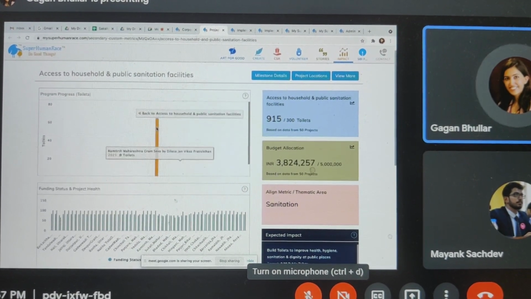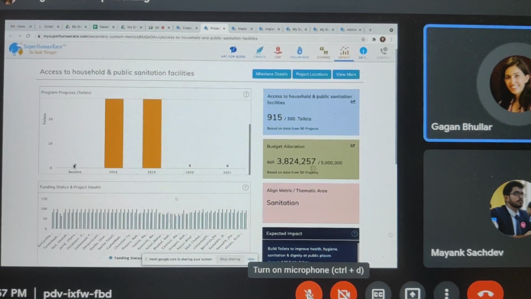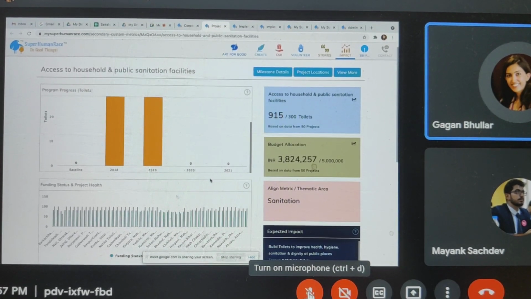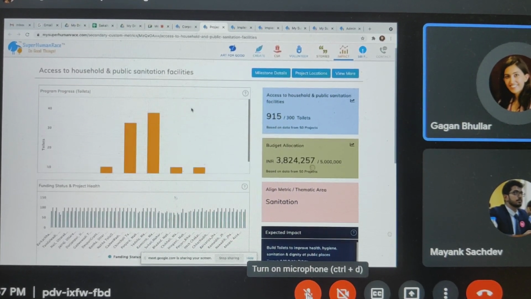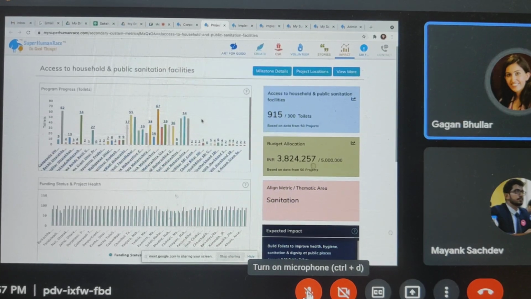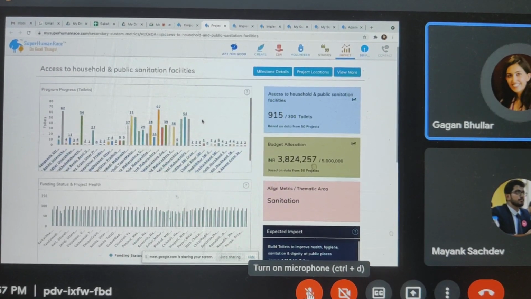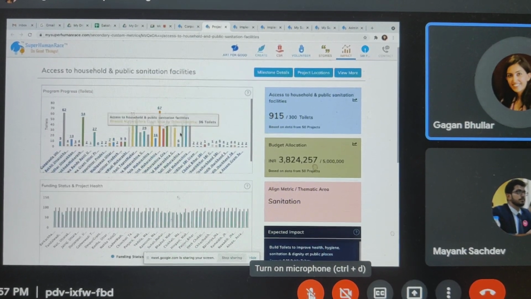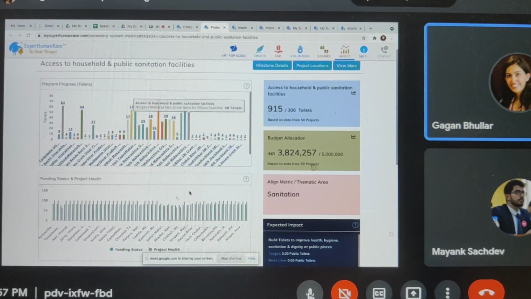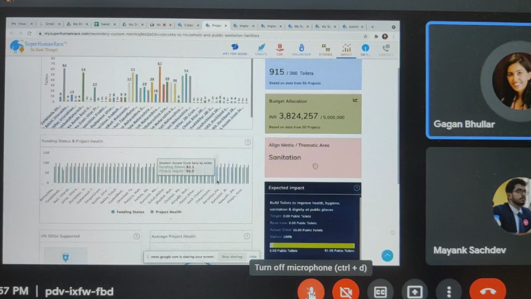You can obviously see the drill down of this data as well. So if a baseline was updated or not, 2018 data, 19, 20, 21 data, and so on. So by year, you can see this. You can also see it by quarter. So if the data is updated by partners on a quarterly basis and reviewed on a quarterly basis, the charts get organized accordingly. And then this is the funding status for these same 50 projects.